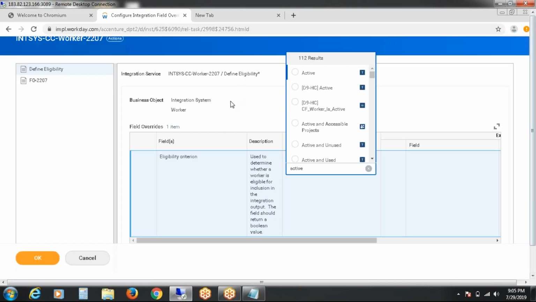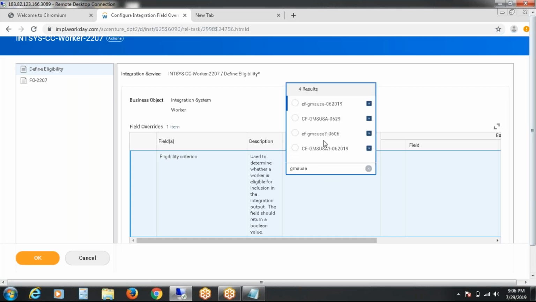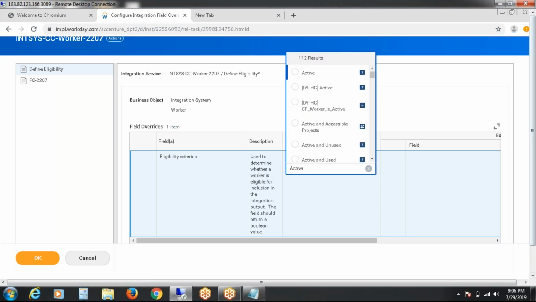So before calling the eligibility criteria here in the external, I will check whether I have already created one. See, I am calling an already created one here or any other. Either you can get the active employees, or gender based, or location based. Whatever you want, you can work on that.